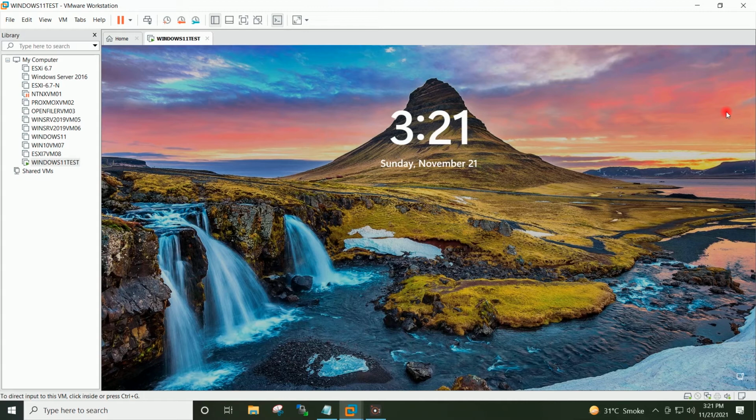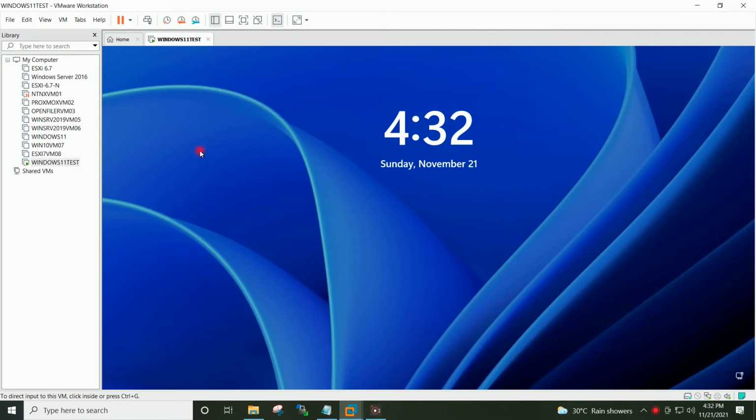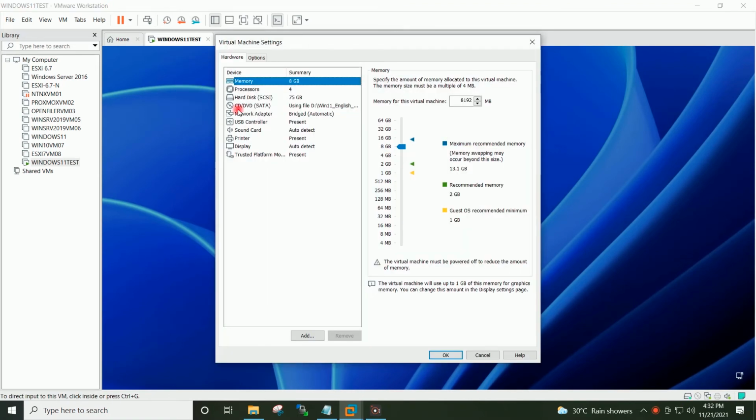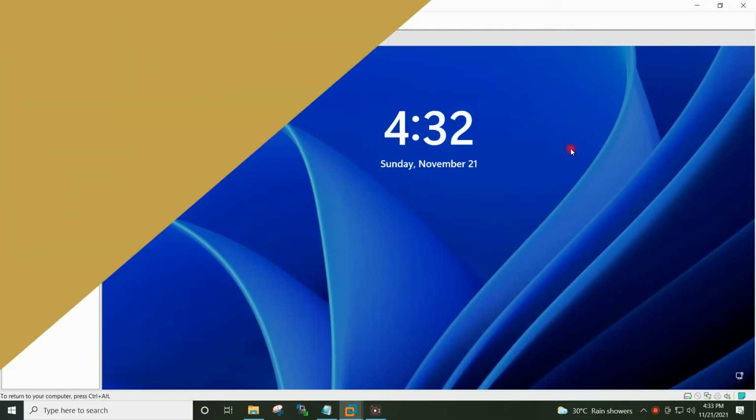There is one prerequisite for this method. Virtualization should be enabled in the BIOS of your system. If I go to the settings of the virtual machine, under the processor you can see virtualization is selected for this virtual machine.